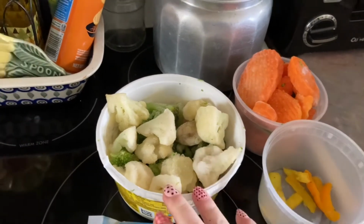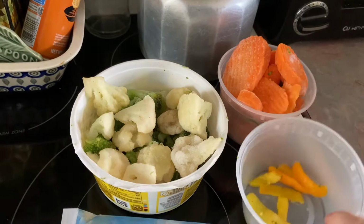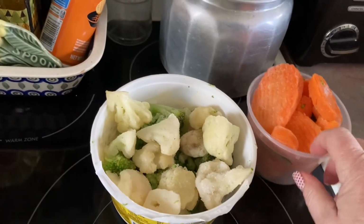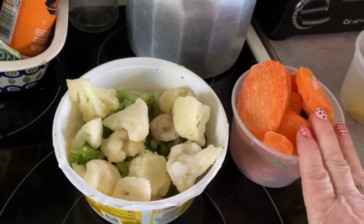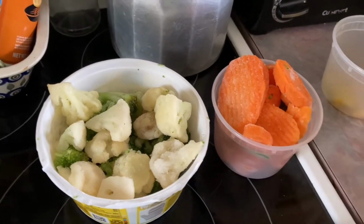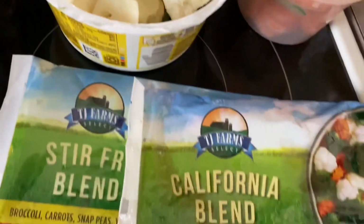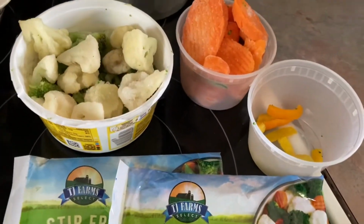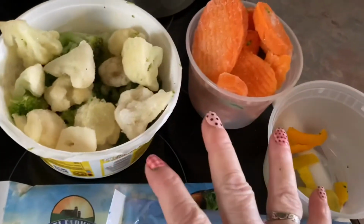So we've got broccoli and cauliflower, carrots, and peppers. I'm going to use these in one recipe, and some of these with these for another recipe, and then some of these as a side for a third recipe. These were just out of the 2 bags from the stir fry blend and the California blend at the Dollar Tree. So $1.25 for each one of these, and this is what you're gonna get for $2.50